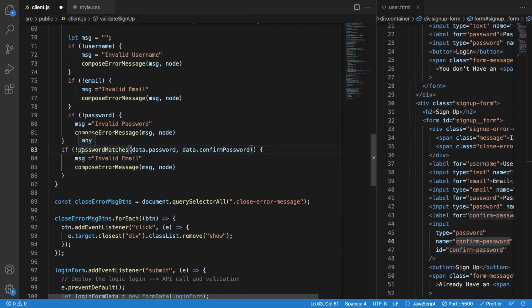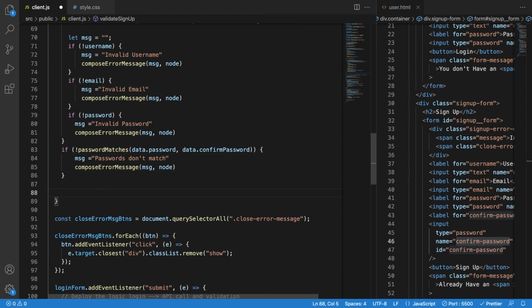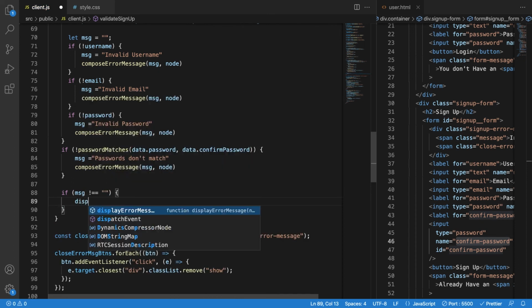So if they don't match, of course, the message is going to be "passwords don't match." I'm going to compose the message, and if the message is different from an empty string, it means that I got some errors. I'm going to display the messages,